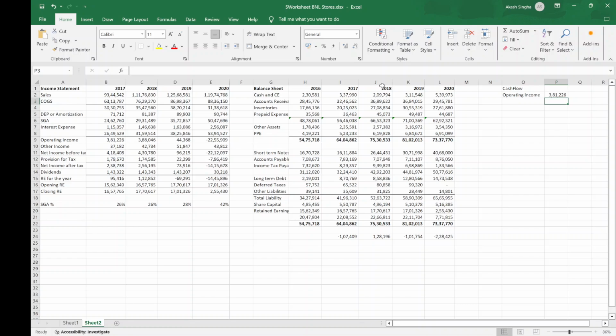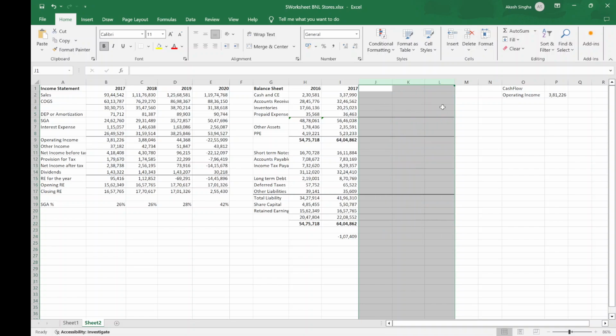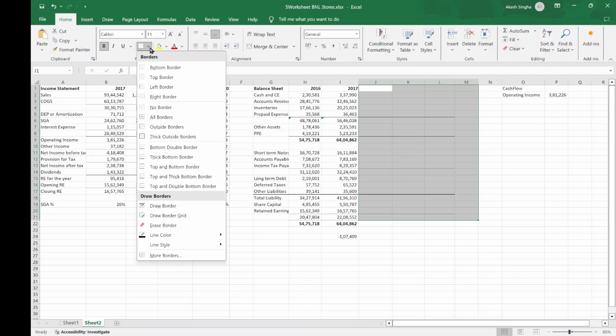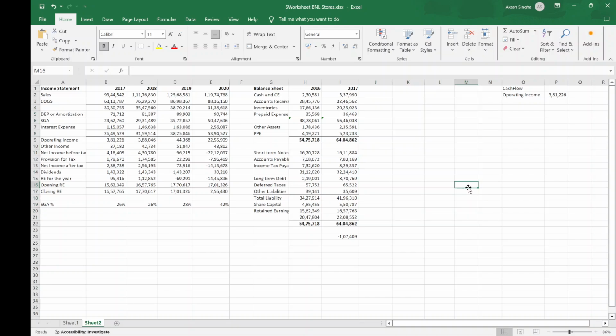I think we don't need 18, 19, 20, so let's delete it. You can just increase the formula bar. So let's do it fast. Yeah, so interest expense